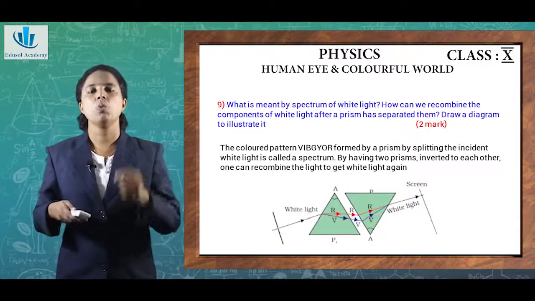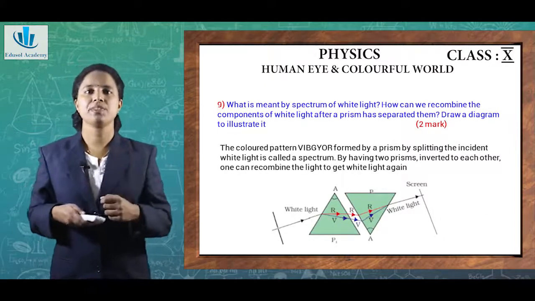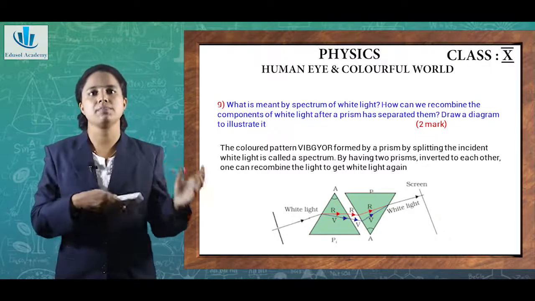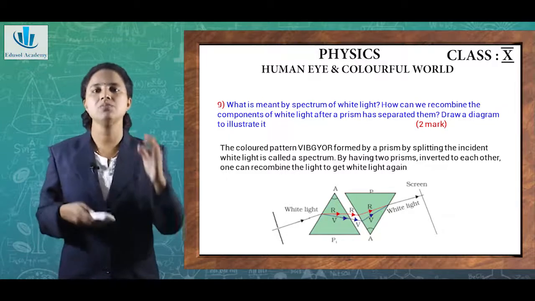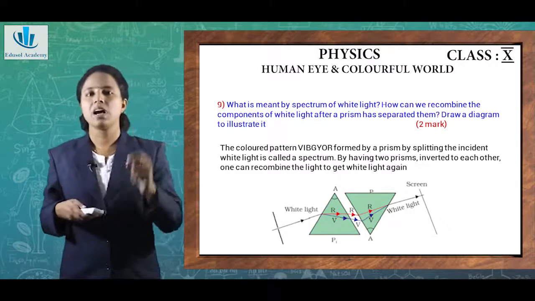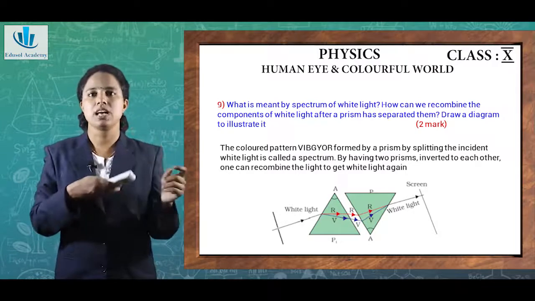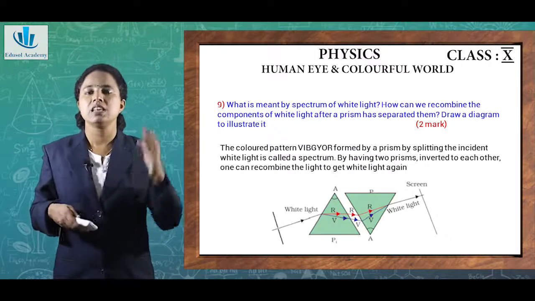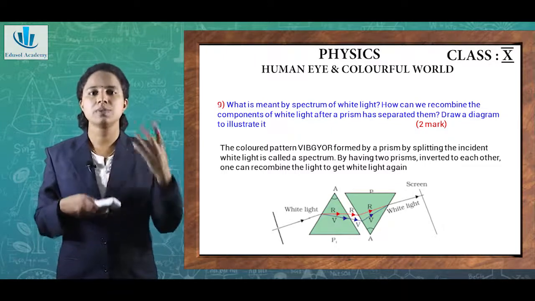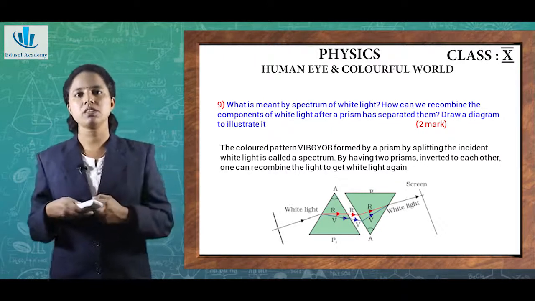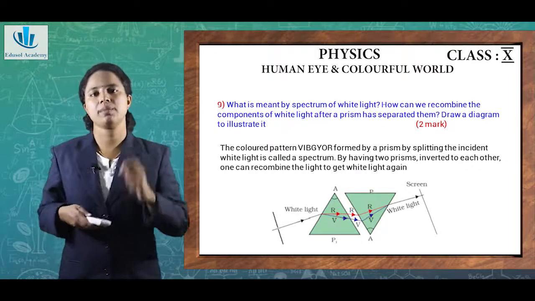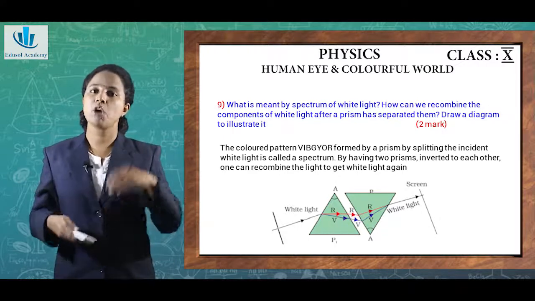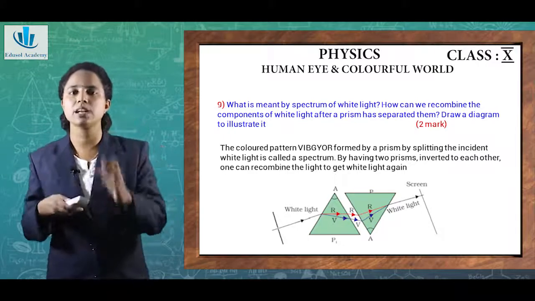Next question, what is meant by spectrum of white light? How can we recombine the components of white light after a prism has separated them? And draw a diagram to illustrate it. We know that when a white light passes through a glass prism, we get a spectrum on the other side, isn't it? That is, this white light splits into a band of colors. So, what is meant by spectrum of white light? The colored pattern, which includes the seven colors, formed by a prism by splitting the incident white light, is called